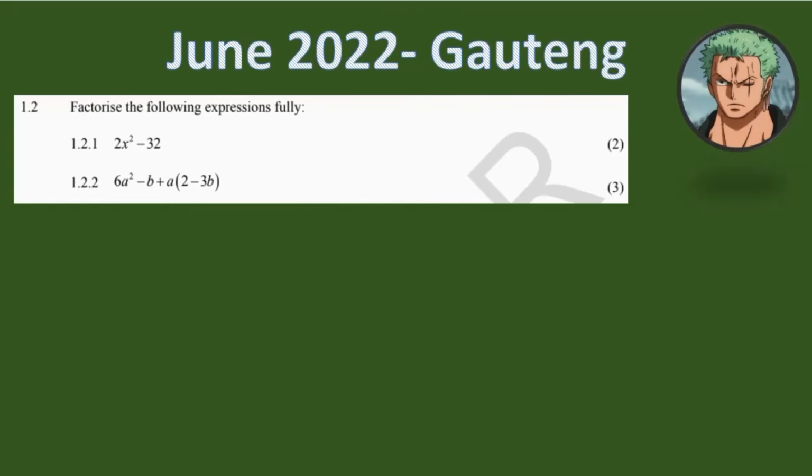Right? So now, what do we have here? For 1.2, we need to factorize. Now, this is basically factorization. But now I'm out of the June 2024 paper, that one that we enjoyed. I'm now doing the 2022 paper, right? So I'm just going to slice through this one. I don't think it's a problem. Let's quickly do it. So 1.2.1,